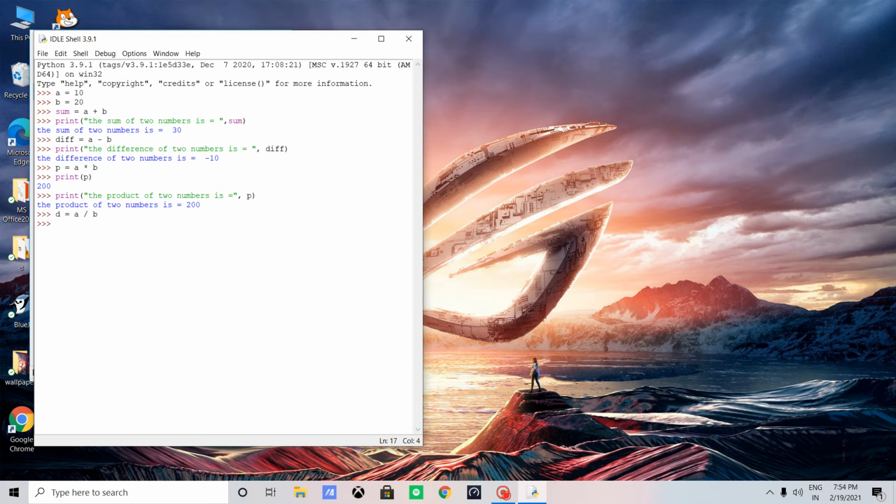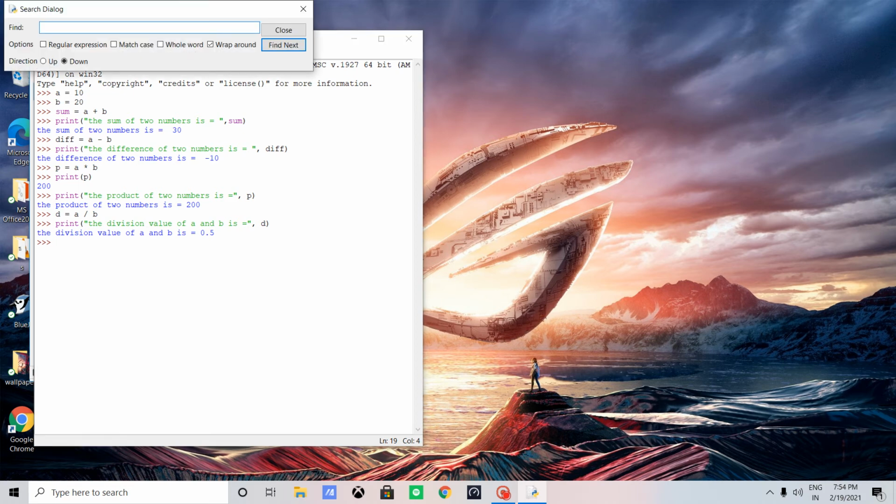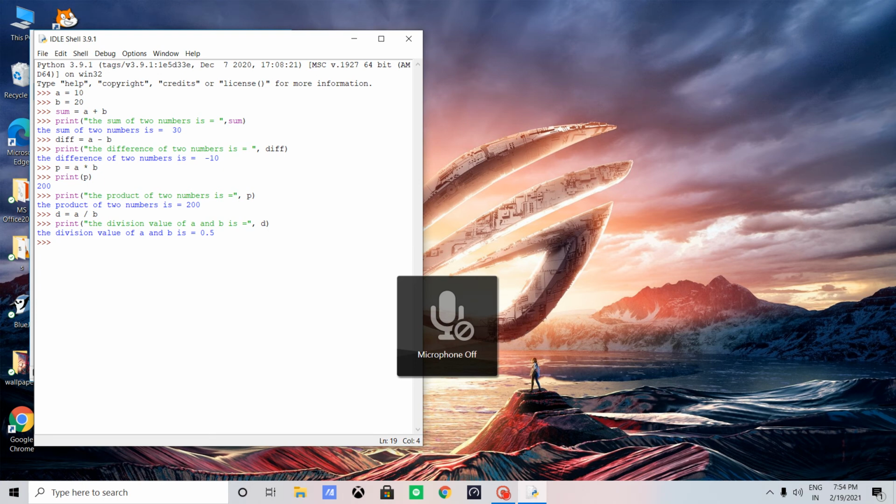So what we see, print in double inverted commas the division value of a and b, and then we need to write the variable name. So what we see, the division value of a and b is 0.5.